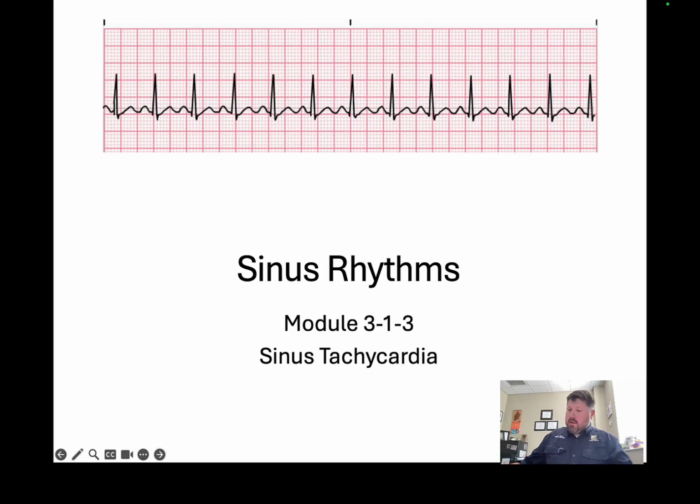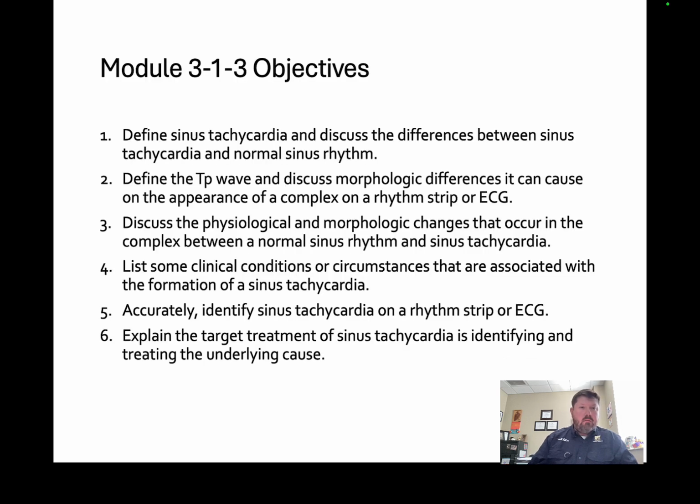All right, sinus rhythms, sinus tachycardia. Our objectives for this module will be to define sinus tachycardia and discuss the differences between sinus tachycardia and normal sinus rhythm. Define the TP wave and discuss morphologic differences it can cause on the appearance of a complex on a rhythm strip or ECG. Discuss the physiologic and morphologic changes that occur in the complex between a normal sinus rhythm